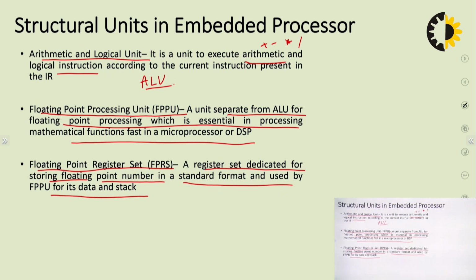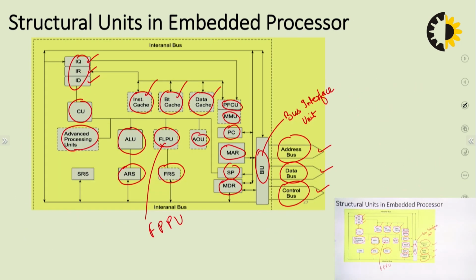Let us check the entire diagram once again. We have covered all the units. Sorry, I forgot to mark this one. This is the register set, register window or the register set. So we have completed the entire diagram starting from the external buses, including address bus, data bus and control bus, which are carrying address, data, control signals between the processor and the external devices. These three buses are handled with the help of the bus interface unit. Bus interface unit is a point which is interfacing these external buses with your processor.